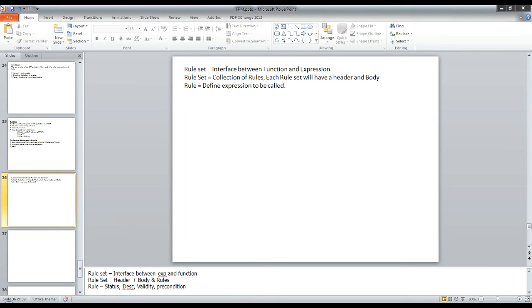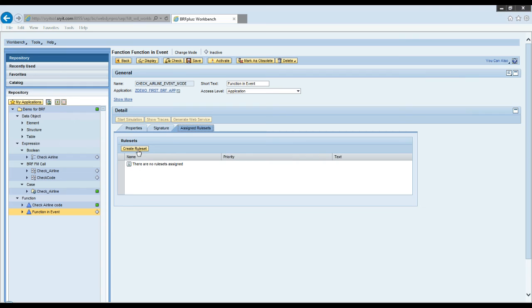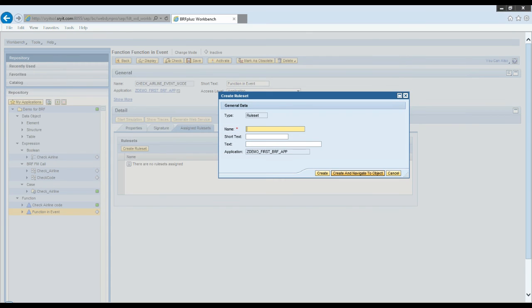So let me show you how to create a rule set and rules in it. I come here and create a rule set. Say rule set 1.